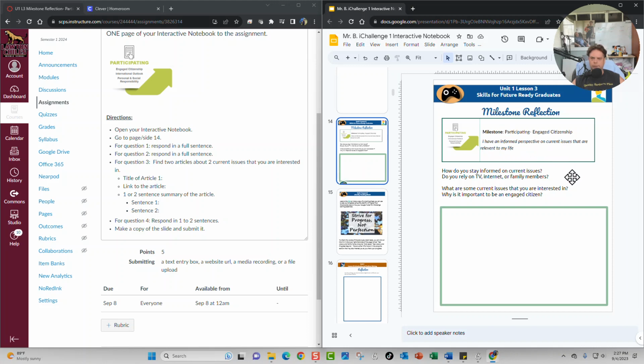So this is going to be our page/slide 14, Unit 1, Lesson 3, Skills for Future Ready Graduates. Then we're going to respond to these 4 questions. So you see how there's 4 questions right here. This one right here is going to be your question number 1, and this is your question number 2. This right here is your question number 3. And this right here is your question number 4. All right. And so for question number 1, what I want you to do is respond in